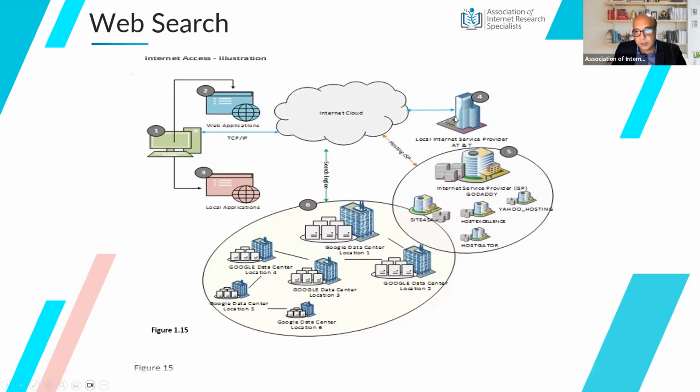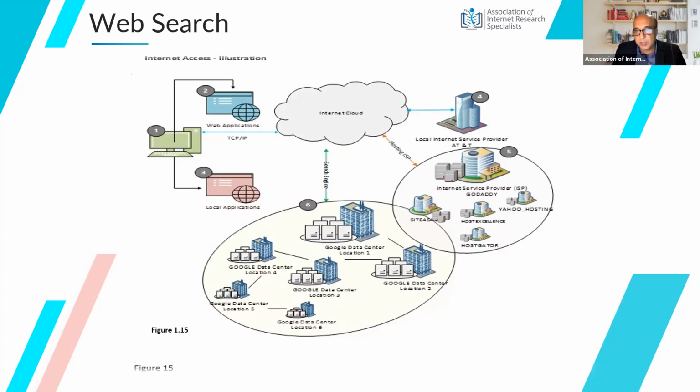Now, the connectivity, as you can see, there are two. In fact, there are three environments, I'd say 4, 5, and 6. The one that is number 4 right here is a bandwidth provider, someone who is giving you connectivity to the internet. Those could be big infrastructure owners like AT&T, for instance. Bell is another one. That is basically responsible for connectivity and not necessarily providing you the main internet services. It is basically a bandwidth provider.